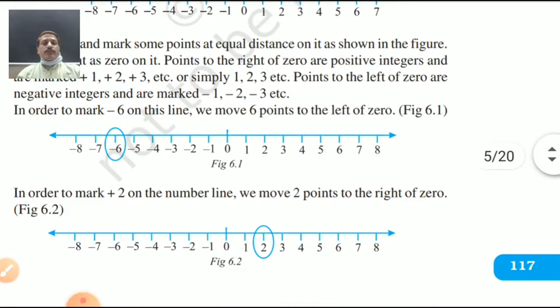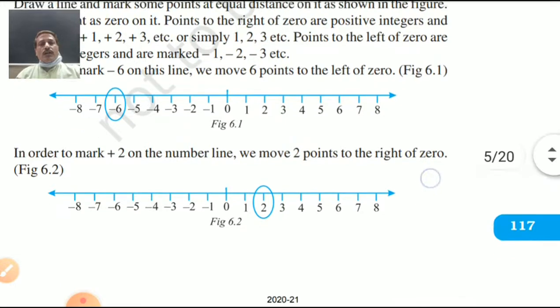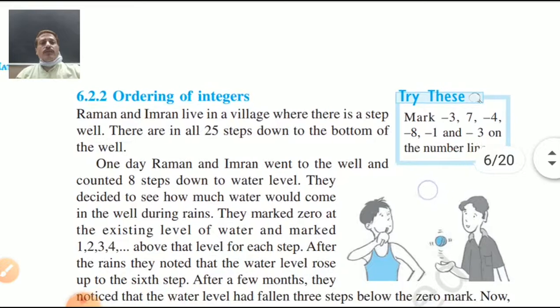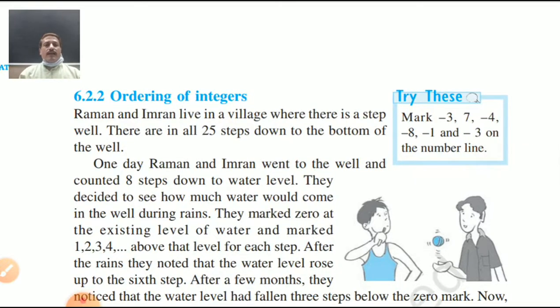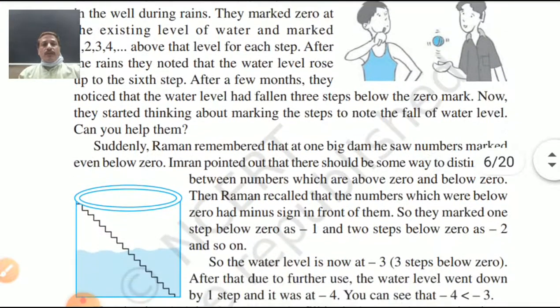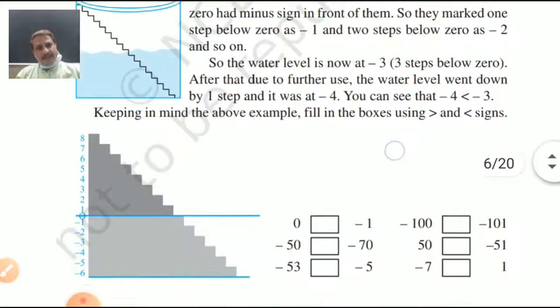Yes, my dear students, here some numbers are shown on number lines. Will you mark them yourself? Yes, figures 6.1 and 6.2 are shown here where you have to put your number lines. See, now ordering of integers. Do you know what ordering of numbers is, students? Yes, ordering. One by one, how one comes after another, to remember, or you can see the staircase symbols here. Yes, sometimes positive numbers, negative numbers, and 0.